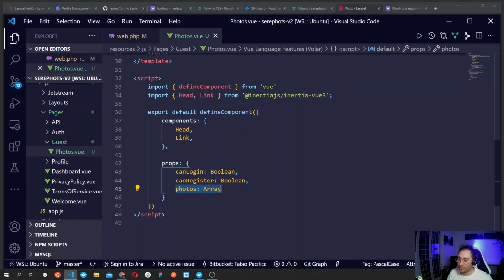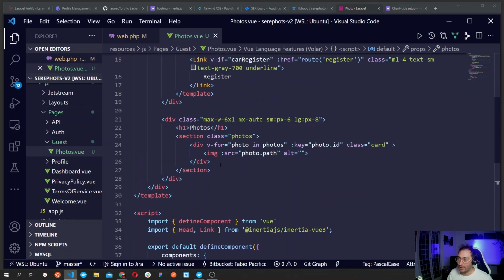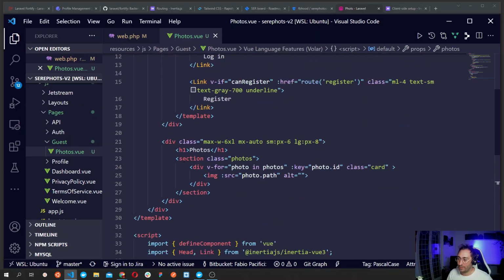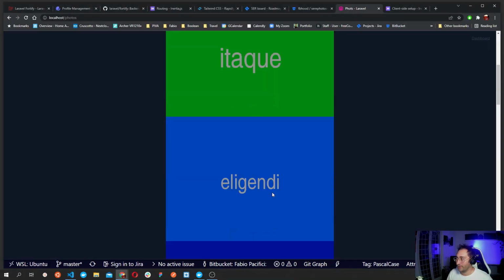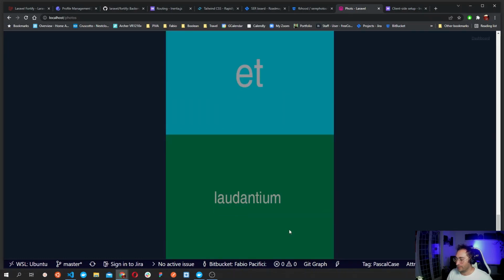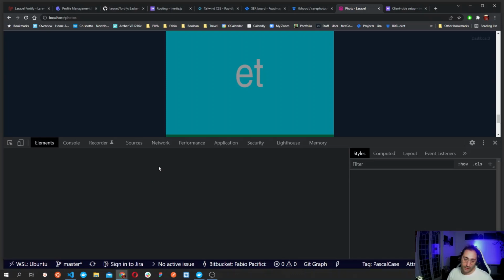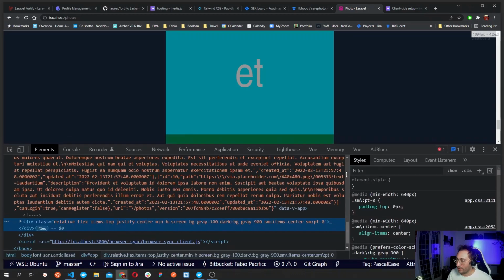So the photos should also be passed as props. Then it is made available to the template and it renders everything to the screen. But we do have a few errors, so we will figure it out maybe in the next episode, maybe in the next